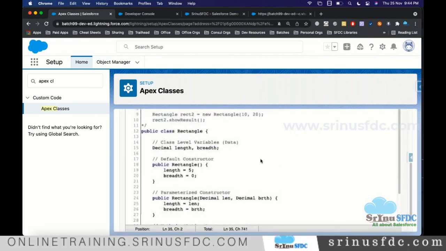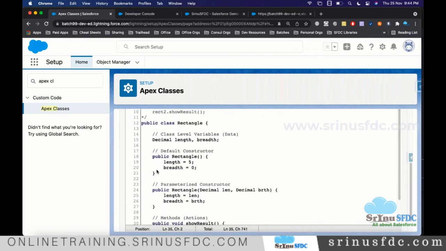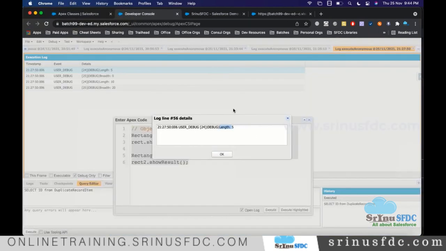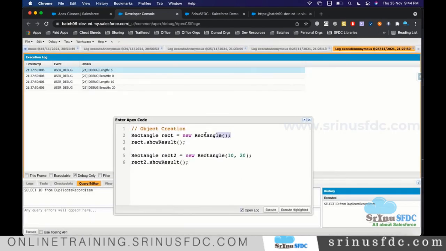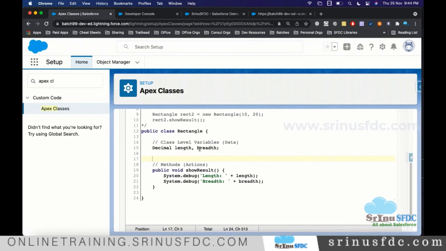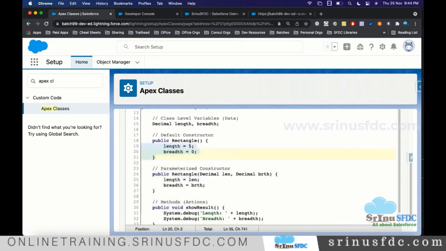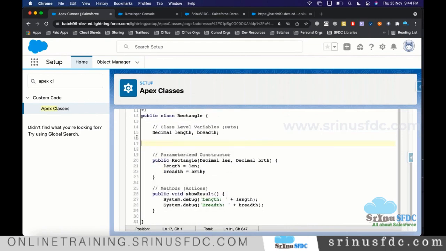In this class, if you don't mention any constructor while creating the object, you can invoke the default constructor. That means I can write like this, and it is acceptable. Now let's say I'm defining a parameterized constructor and not defining the default constructor.